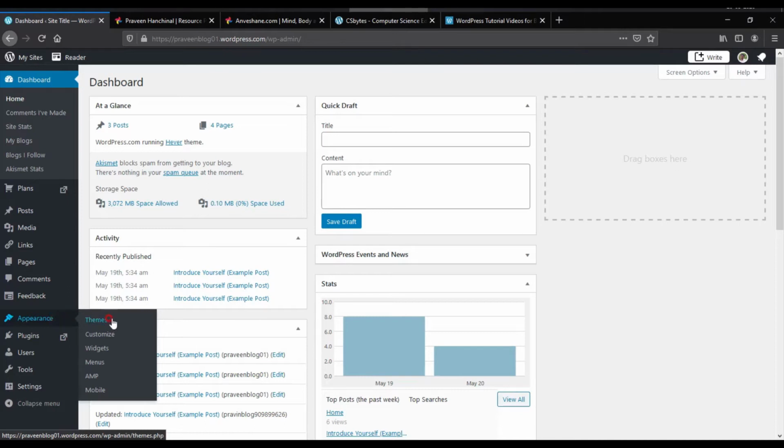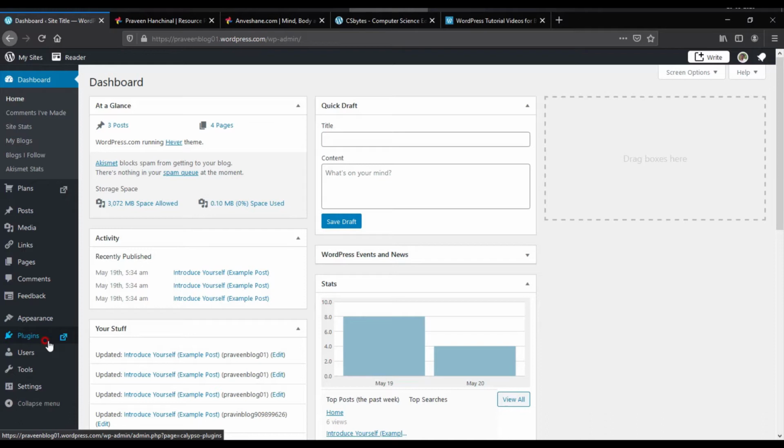There you can change the theme, customize how your website looks, and add widgets and menus. So these are all the things. And plugins are the extra code which you will add from the WordPress library, if you want more options available to your website apart from the existing options. For example, testimonials are not available here; they will be available in the plugin section. Then there are the number of users and so on. These tools and settings we'll see later.